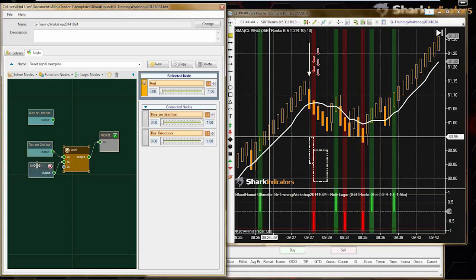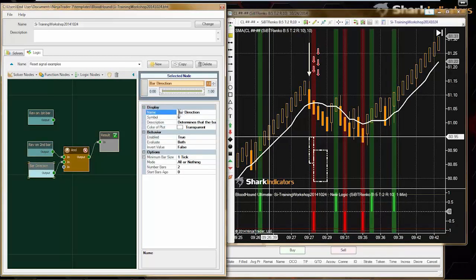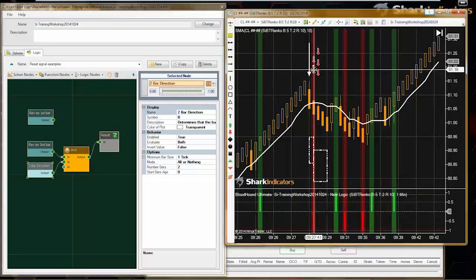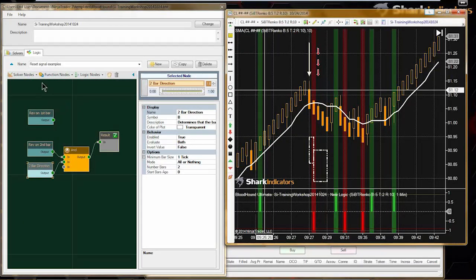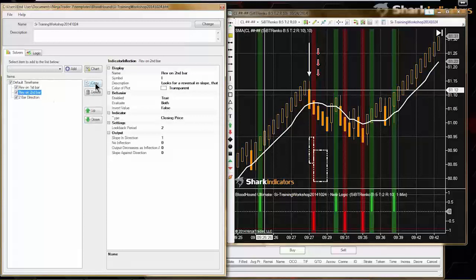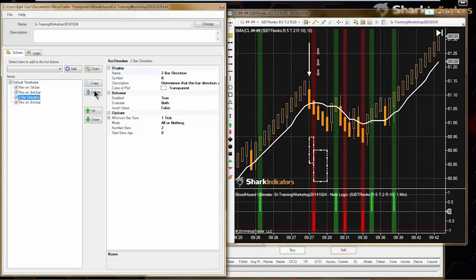So I should name this. This is actually a 2-bar direction solver now. Alright, so if I want to do 3 bars in a row, you guys have probably guessed where I'm going with this. So I'm going to take a little shortcut, make a copy of that, make a copy of that, and